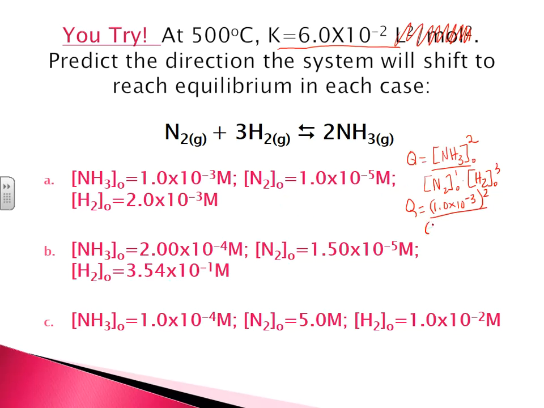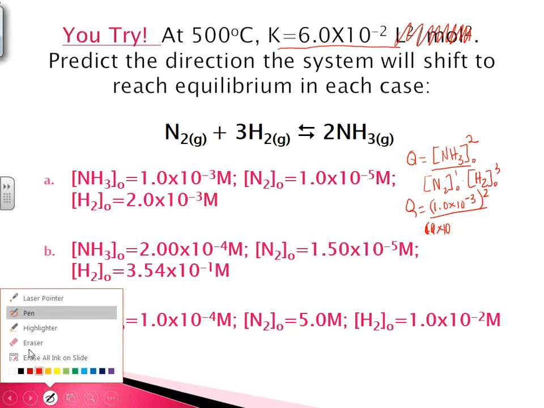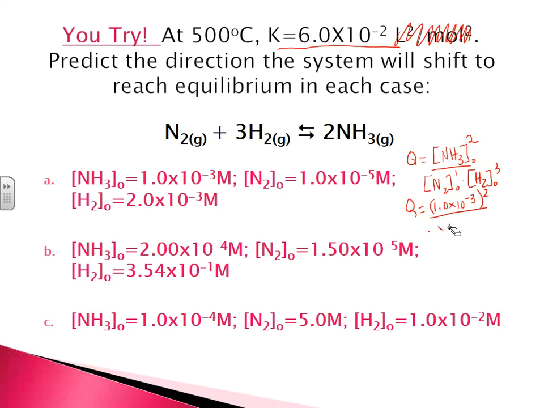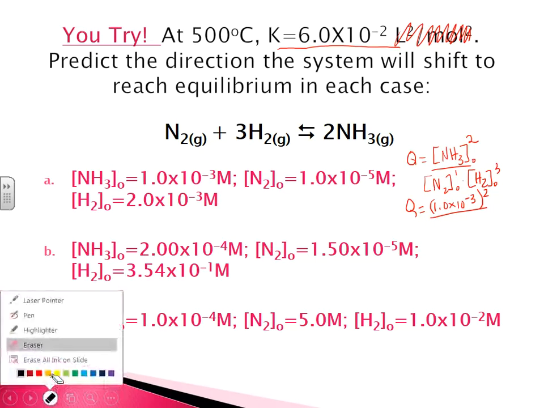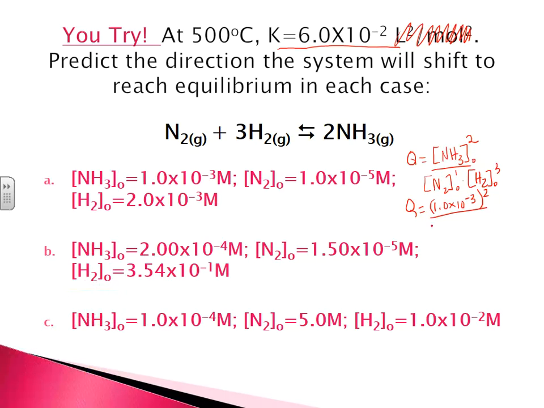Nitrogen initial concentration is 1.0 times 10 to the negative 5th, and that's going to be to the first power. And then for the hydrogen, 2.0 times 10